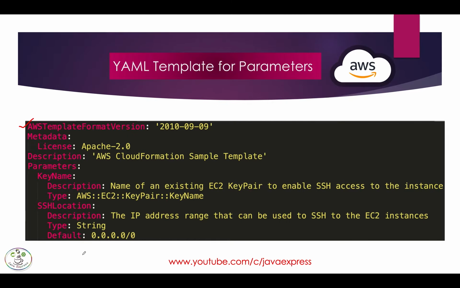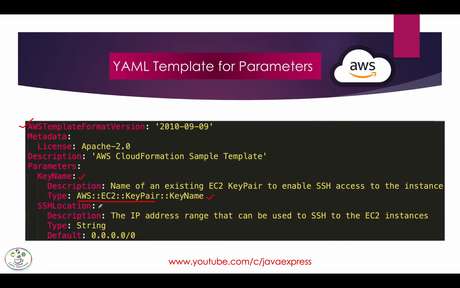So now, if you want to create the parameter, you need a key name. The key name type will be AWS EC2 key pair. You can log in to your EC2 instance in two ways: by using a username and password, or by using an SSH key. If you want to use an SSH key, you need to take this type. Where this type is available, I will show you in the AWS documentation also.